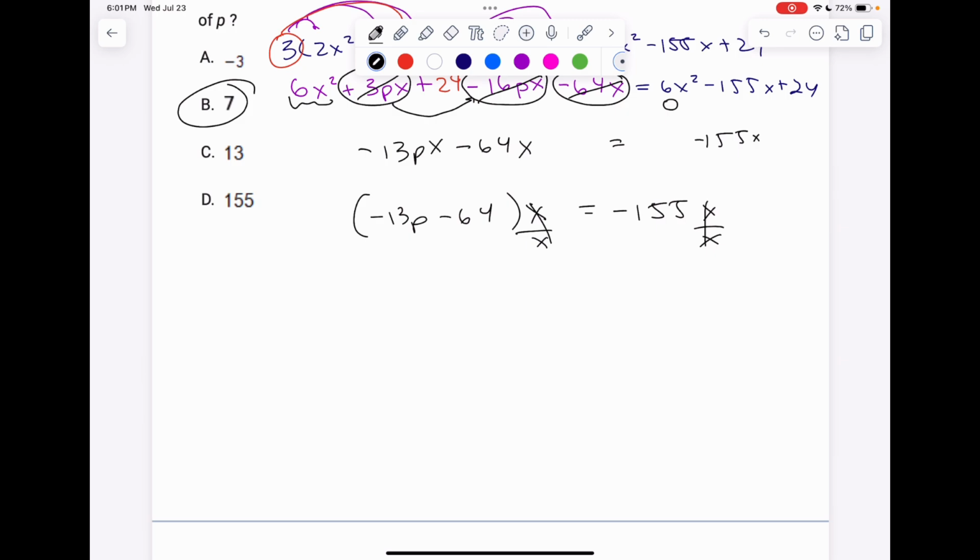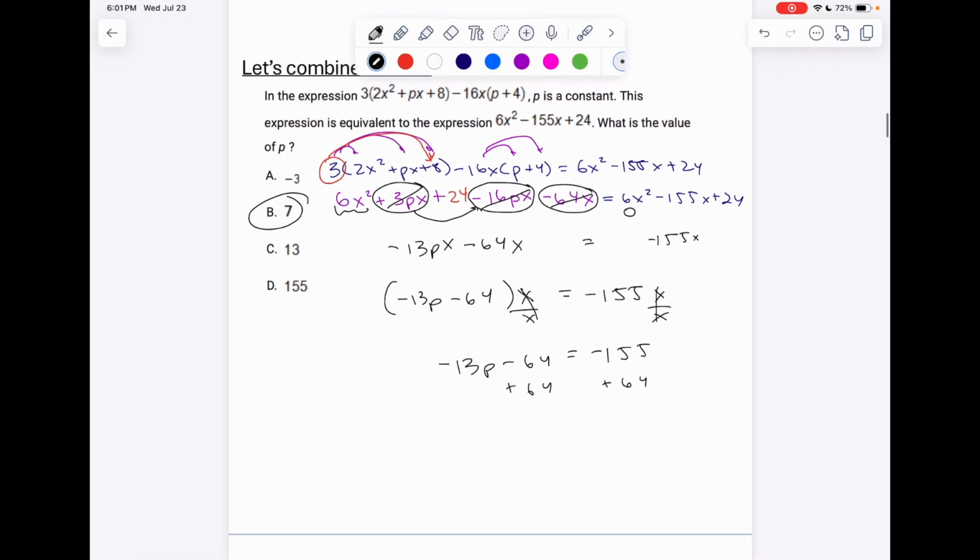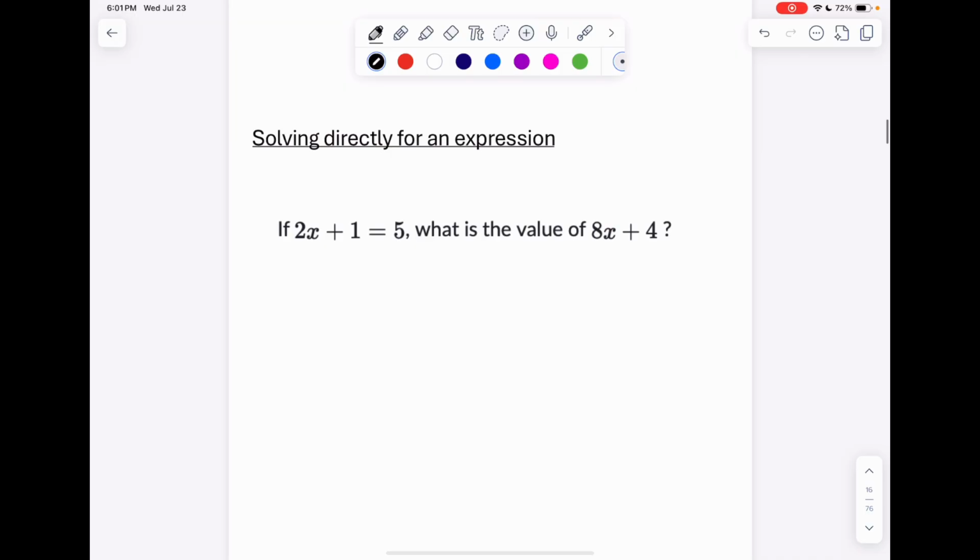And I'll be left with negative 13p minus 64 equals negative 155. I can add the 64 to both sides here and then divide by negative 13. Anyways, if that's your style, feel free. So we have options. Now, sometimes we have the very cool trick of being able to solve directly for an